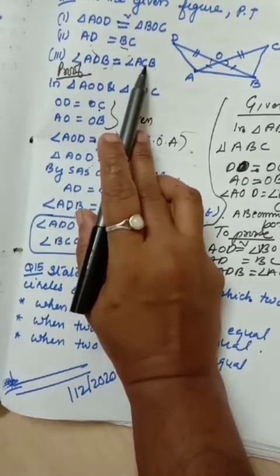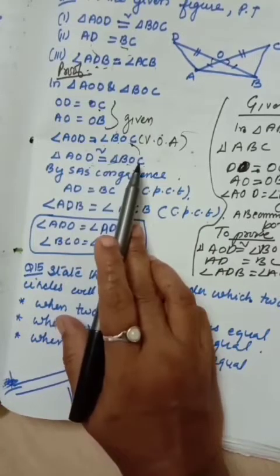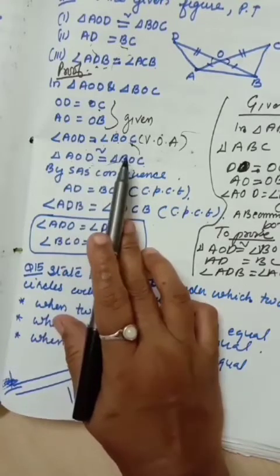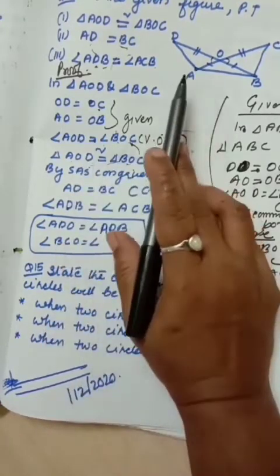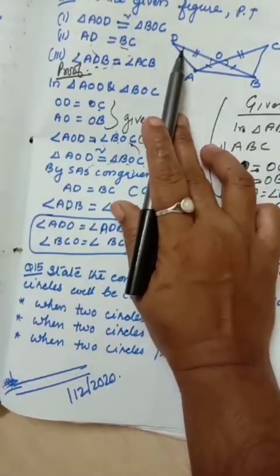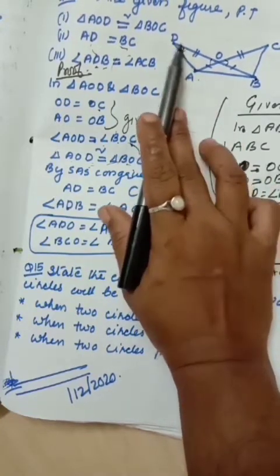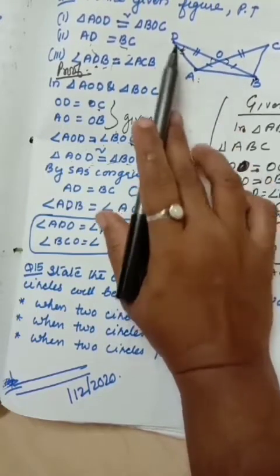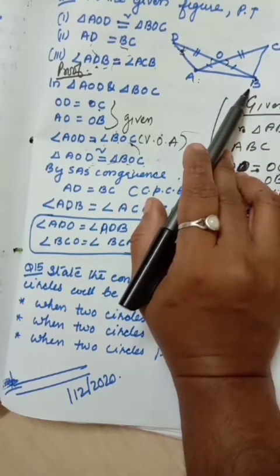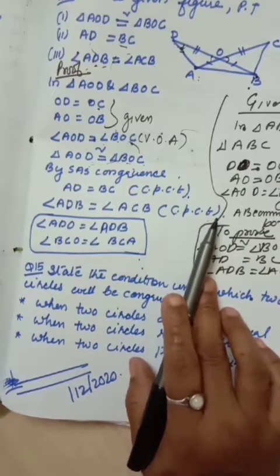Check it. Middle one is the main angle. D equal to C. Check it here. D equal to C. Then ADO equal to BCO. ADO and BCO are equal. That means ADO, extend it, is ADB. D angle only we will check. O or B, that is a side one, that we will not consider. Main angle is D. ADO, yes, ADB both are equal. ADB equal to BCA. Clear? ADB equal to BCA by CPCT, corresponding parts of congruent triangles.